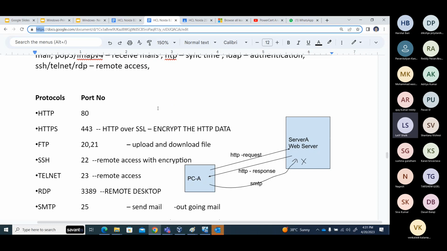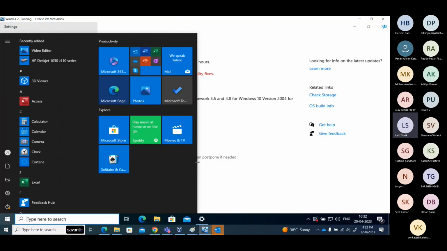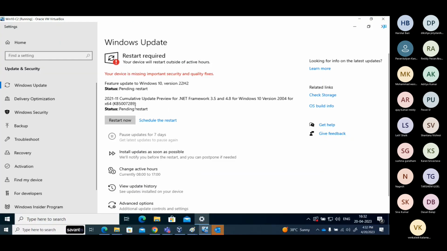Same for Telnet. So mostly Telnet and SSH are command line based remote access. RDP, remote desktop, means the entire desktop environment we can access. For example, remote desktop means,